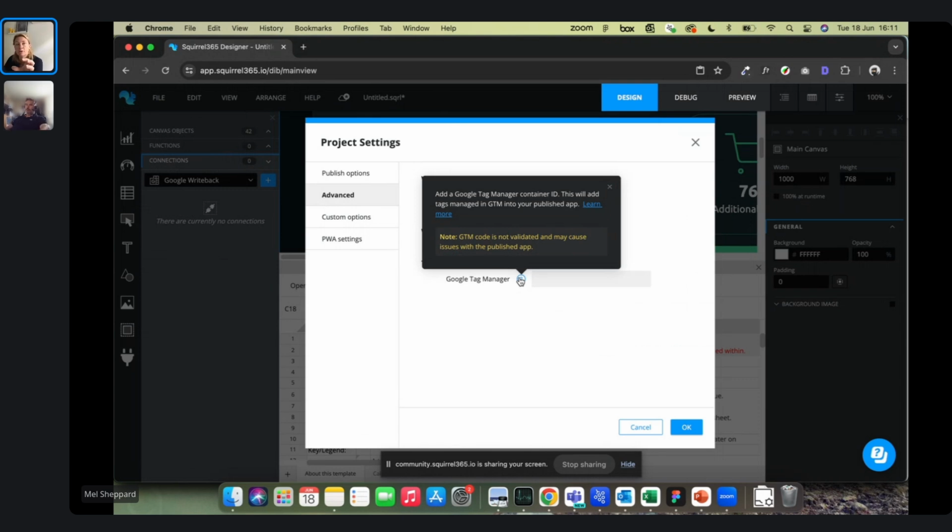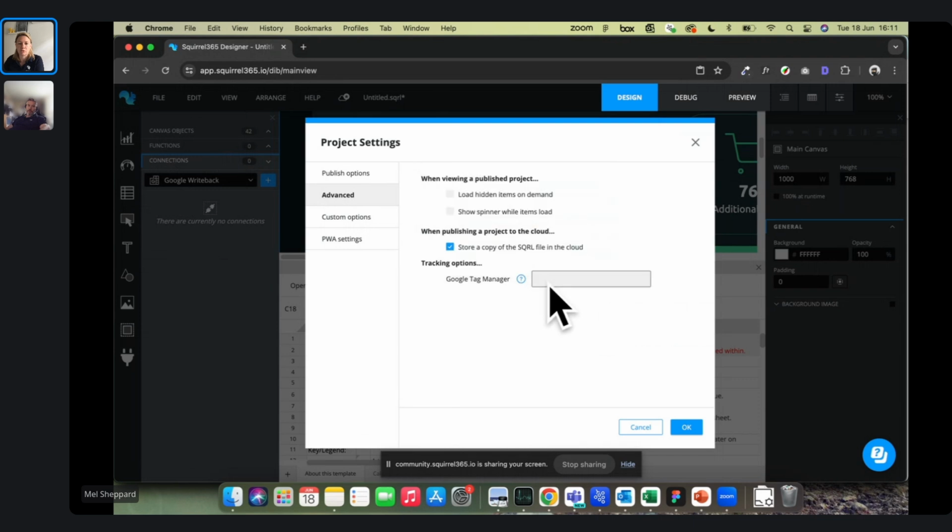So it's just a way of getting the Google Tag Manager code into your project for whatever reason that you might have tags in use already. And this came about from, we had a couple of customers who wanted to do things like this. So they were taking their published projects, locally exported, and then modifying the output to inject this sort of stuff. But now we're giving you the ability to add it in here. So what that looks like,